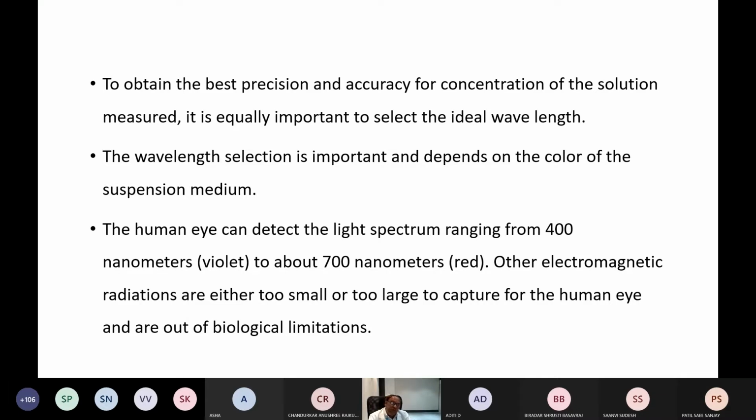The major difference between a colorimeter and a spectrophotometer is that in the colorimeter you can measure only the visible range, but in the spectrophotometer it is not that way. It covers both the visible range as well as UV and infrared. Okay,